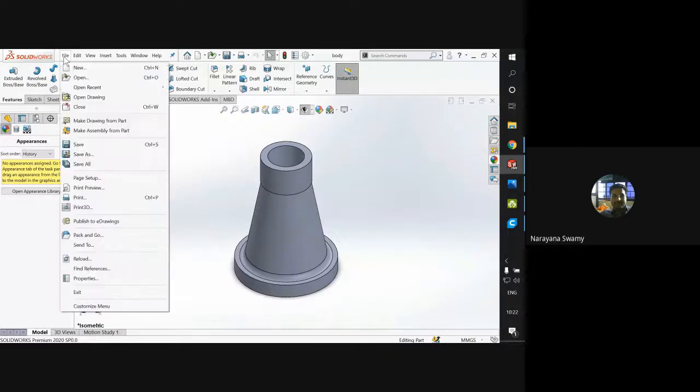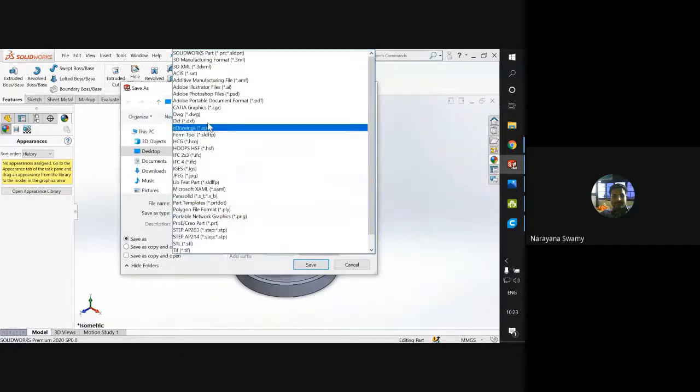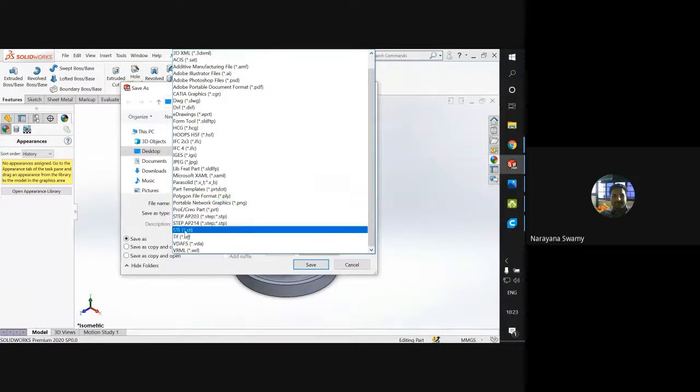Okay, so now what you have to do, once you are ensured that whatever work you have done is saved properly, now once again we'll go to the file, we'll go to the save as. So as already I said, you will get plenty of dot files, extensions of the files. So here our interest is to have a .stl file. So as already Vinod sir told in the beginning also, we need to save the file in a .stl file, which will be used for further processing. Okay, so if you're going to use the .stl file, then only we can proceed for the next thing where we can view the simulation and where we can proceed for G codes and all.